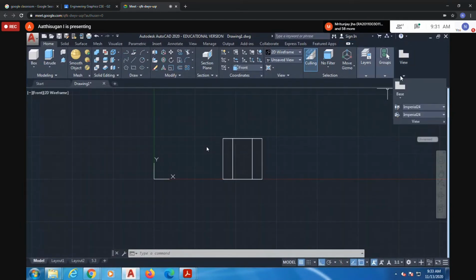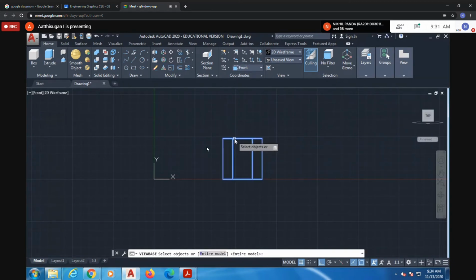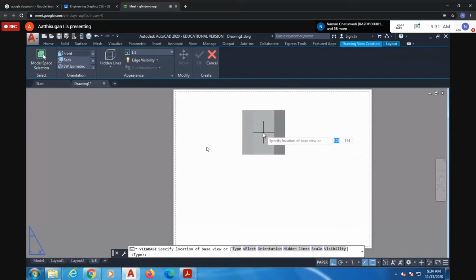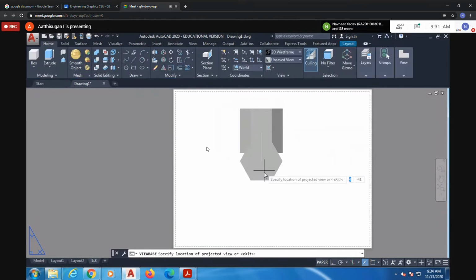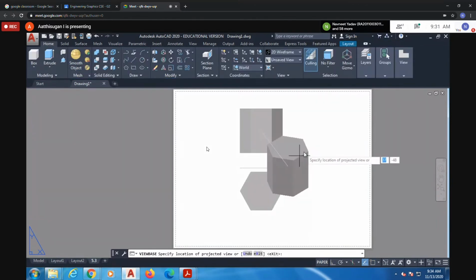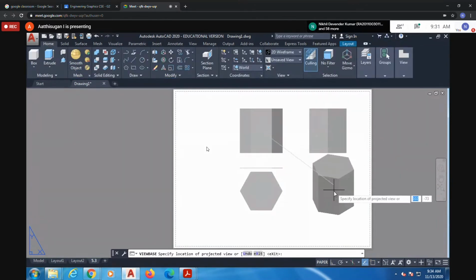One more time, doing base model space, select object, enter, and you can check the layout. So I'm going to enable the layout from model space. The first object I import will be only the front view. Then we can keep it on the top. Move the cursor down. The top will be the side view. This is the isometric view.